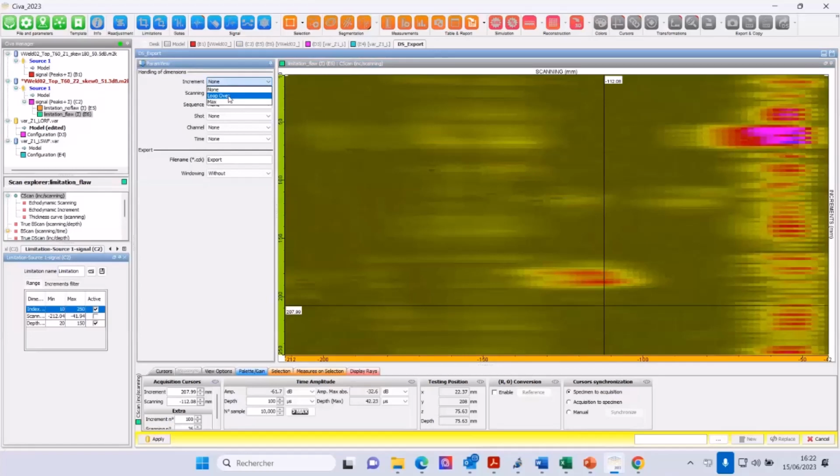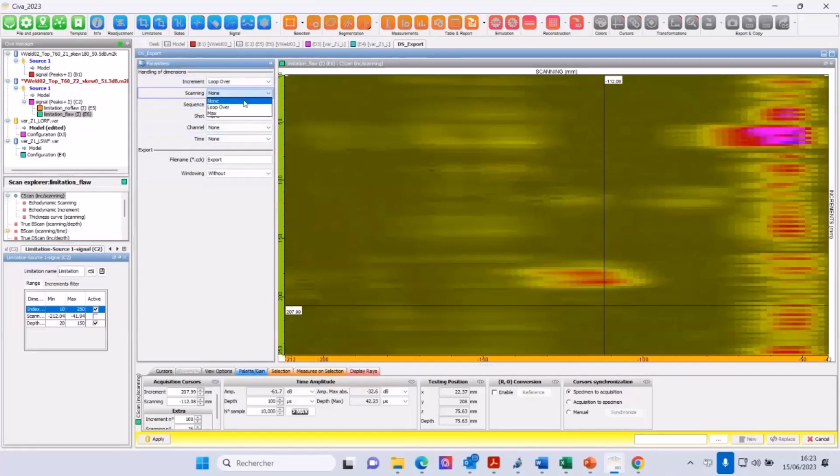So just one word about that. If you select loop over, that means that each value of the increment, for example here, each value of the parameter generates a new sample. So we have a given number of increments, so we'll have new samples for every increment. None means each value of the parameter generates a new value for the output. And I will show you and explain a little bit what the output is in CIVA-DS. And max is the value of the output. The value of the output is the maximum value for this parameter. So you need to define what information you want to extract.